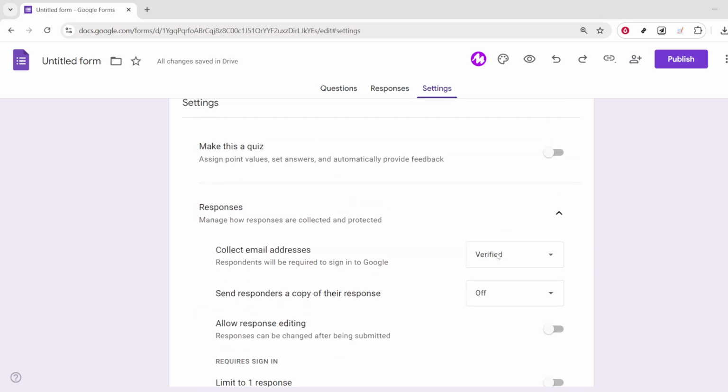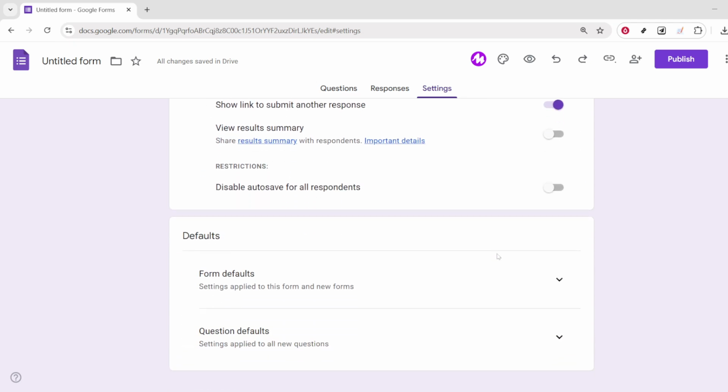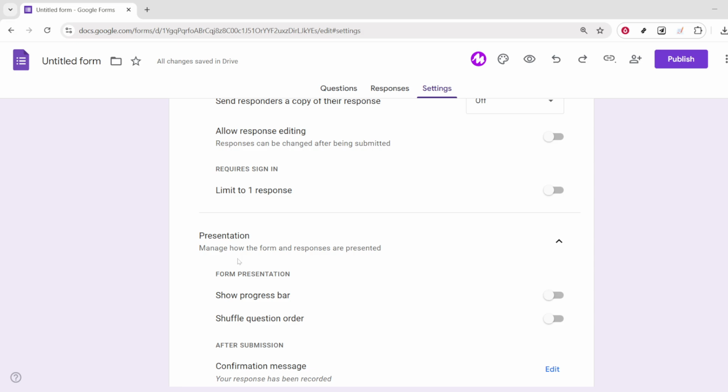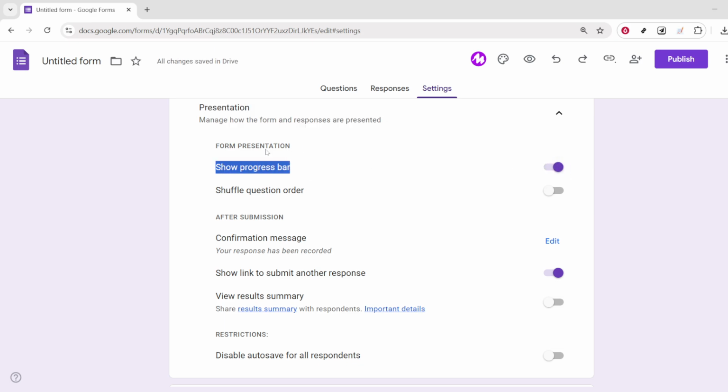After opening the Settings panel, scroll down until you find the Presentation section. This is where you can customize how your form is displayed during and after submission. Under the Form Presentation options, you'll see settings like Show Progress Bar and Shuffle Question Order. You can turn these on or off depending on your preference. Enabling the progress bar helps respondents see how far along they are, while shuffling questions can make your form feel